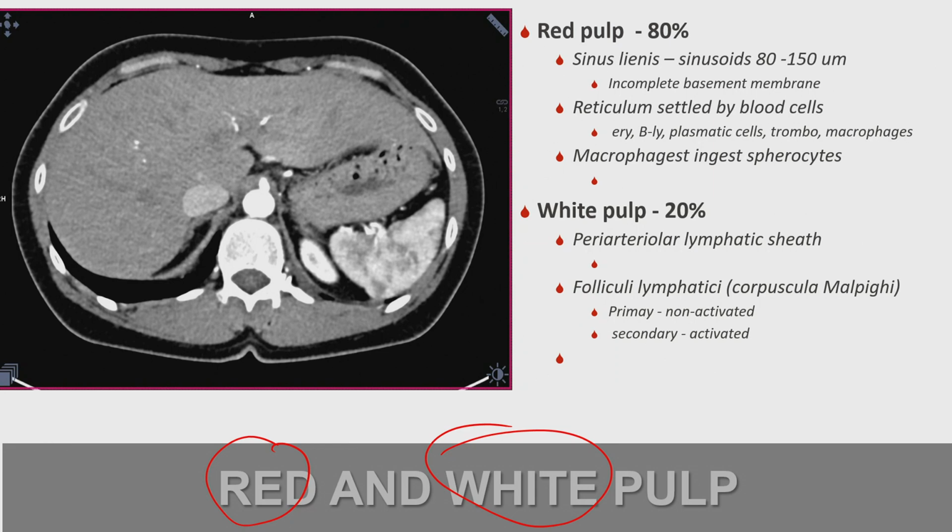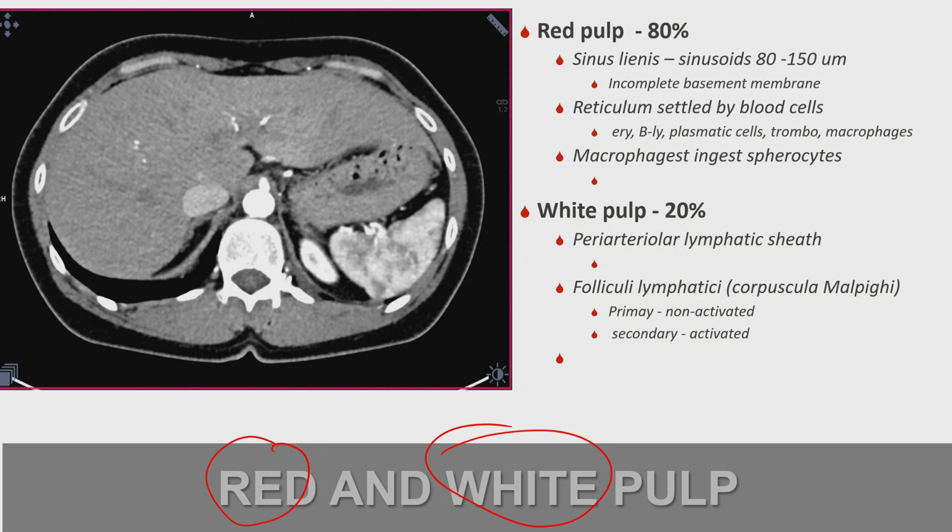Sinusoids in a spleen take about 80 to 150 or 160 micrometers, and this sinus has incomplete basement membrane, and in reality it is some sponge settled by blood cells, by erythrocytes, thrombocytes, lymphocytes, leukocytes, and